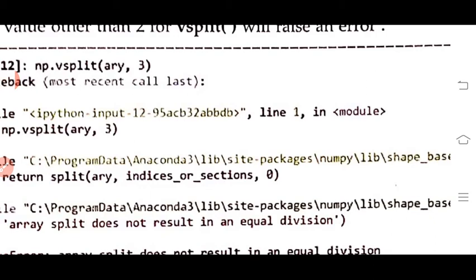So how can you divide 4 into 3 equal parts? This is the cause of the error. Dividing the number of rows of ary into 3 equal parts is not possible because the number of rows is 4. So we can divide it into 2 equal parts.